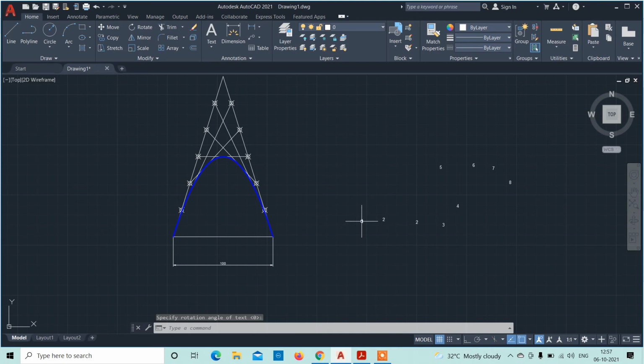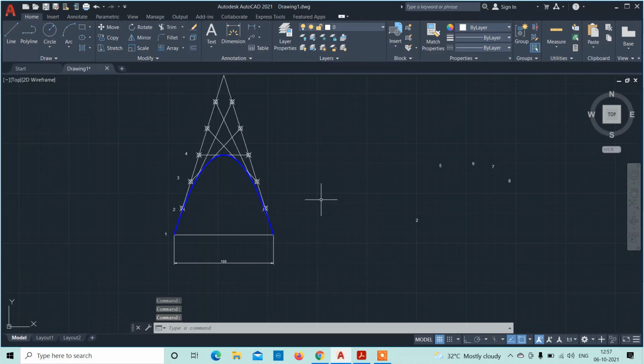Then select the text and move to the required location. So you can do this step for all the corner points. Select and move. You can give the notations by repeating the same procedure.